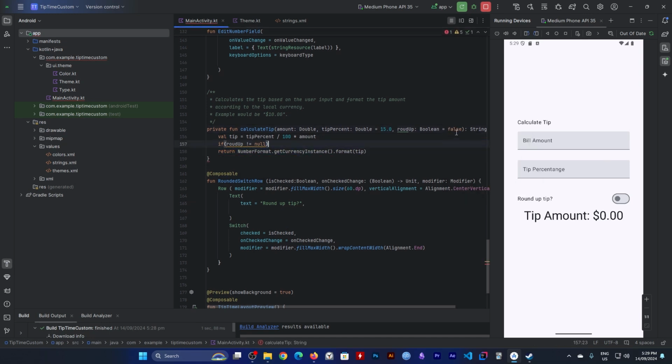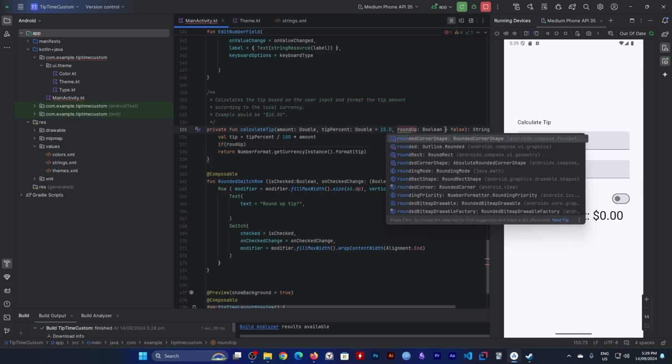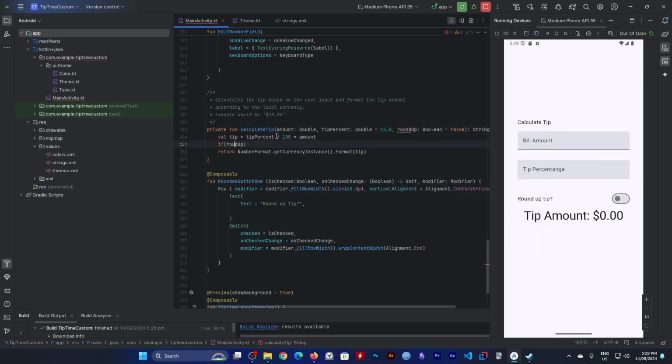You know, let's just make it not null but false. It's gonna only run if it's true anyway, so we don't need to check for anything. If round up is true,